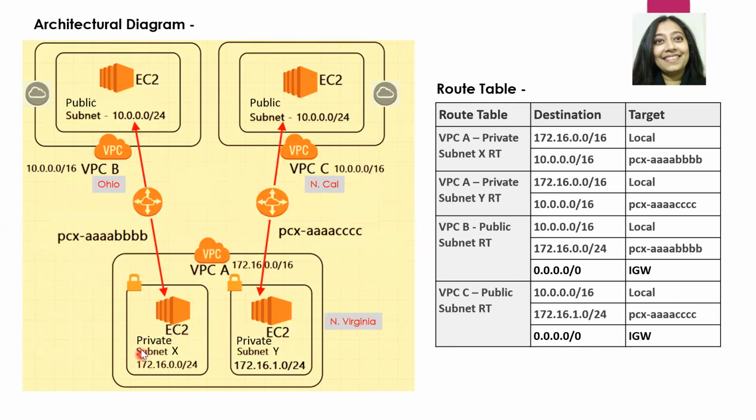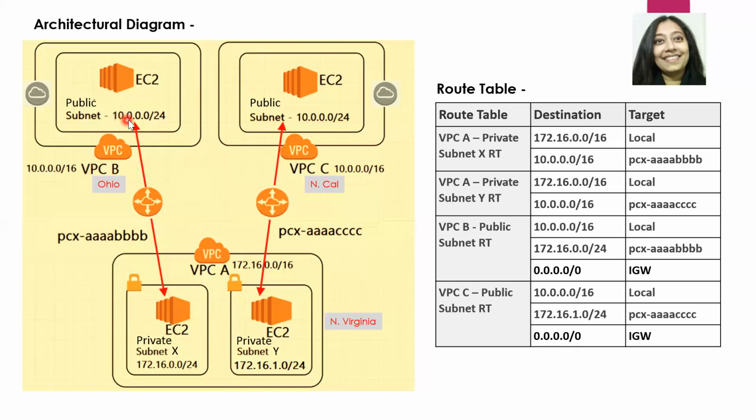As you see, we have private subnet X and private subnet Y. The CIDR block of private subnet X is 172.16.0.0/24 and the CIDR block of private subnet Y is 172.16.1.0/24. Similarly, we have a public subnet over here in VPC B, and the CIDR block of the public subnet